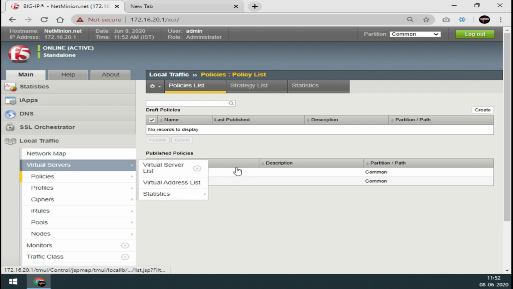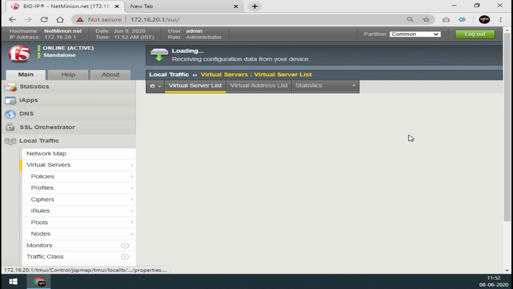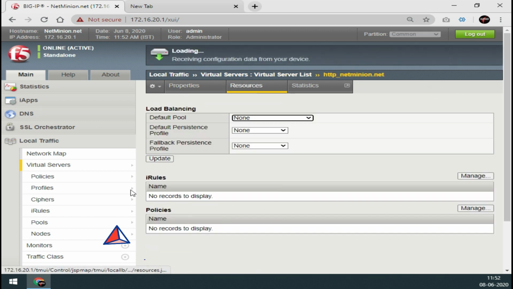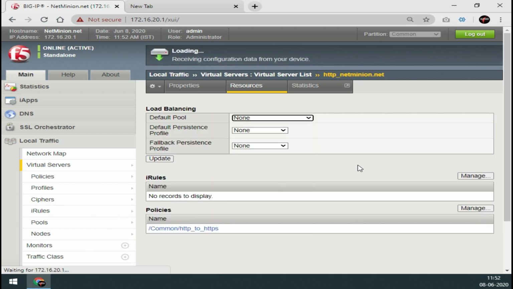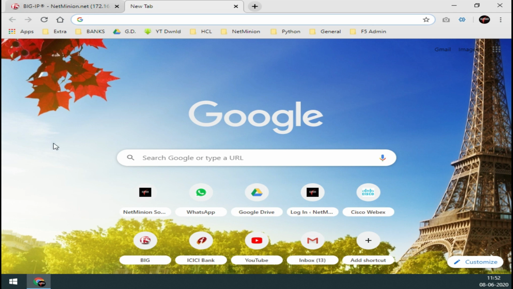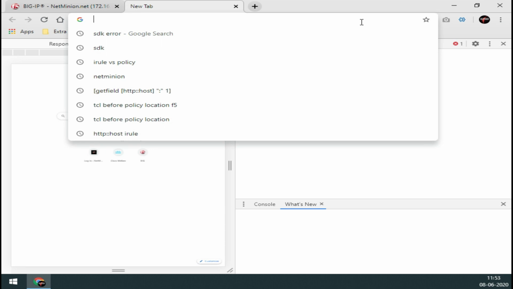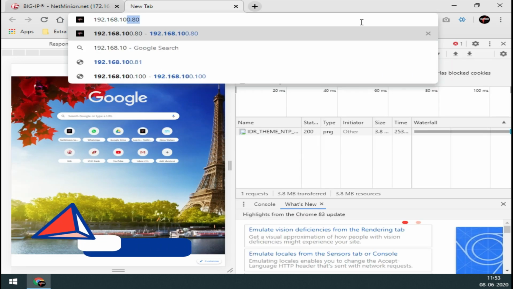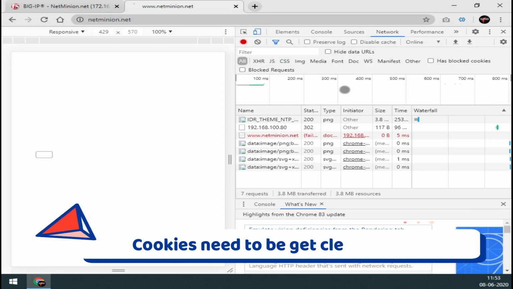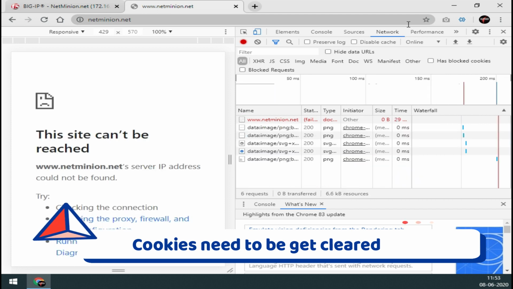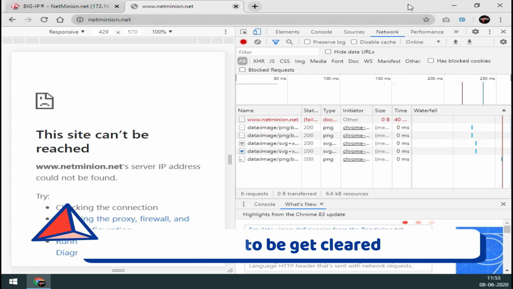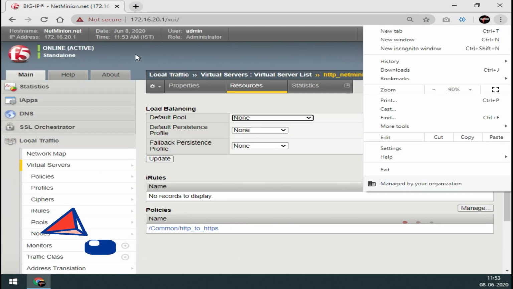Okay, so let us go to the virtual server again, my same virtual server, and let us go to the resource. Into the resource, go over here, select it, finish it. Okay, that's it. Now let me open the developer tool again, and let us run this 192.168.100.80. If you run it, you can see, maybe due to the cache or something, it is using that. Let me press Ctrl F5 again. Okay, no, let me remove it and go to a new window.